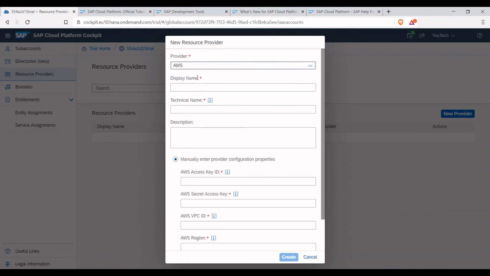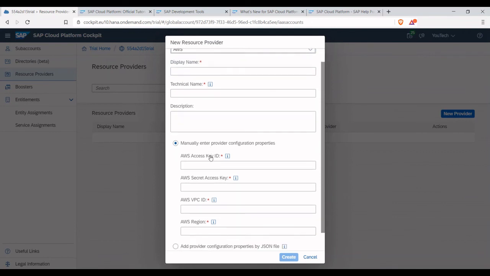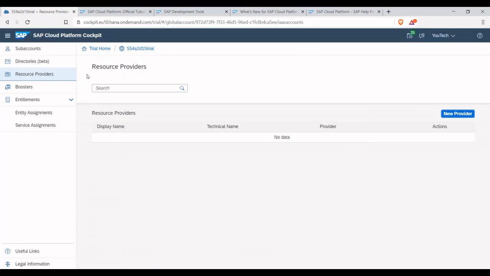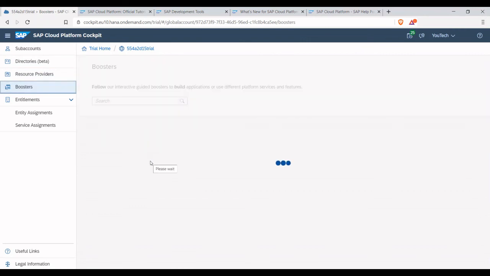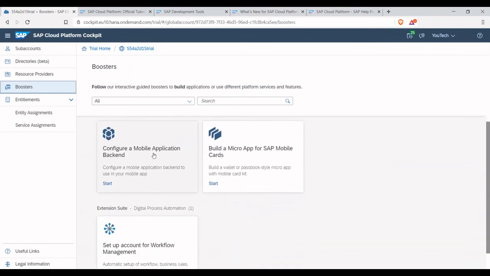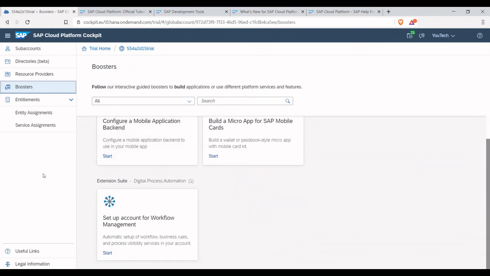We just give the provider name and the other details and create a new resource provider. Suppose we want to create an AWS resource provider, we just give all the details and create the provider. Boosters are a short tutorial kind of thing where you can try hands-on different small applications so that you can know more about it.